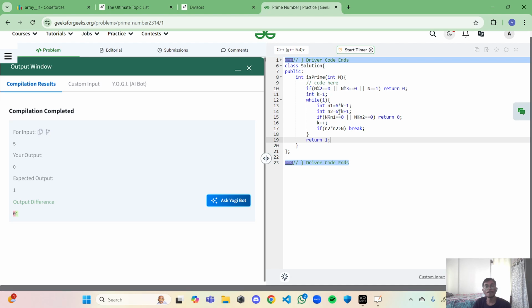Okay, k is 1. Your output is 0, it should be 1. Oh, okay. Yes. For 5, what's happening? For k equal to 1 itself,